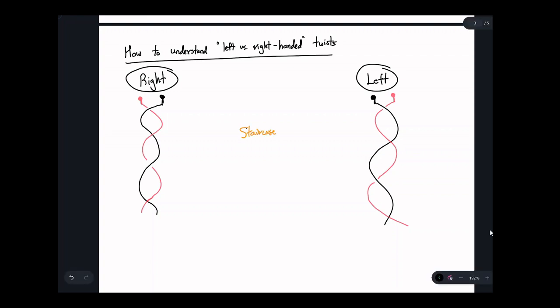So the idea here is on this right-handed helix, you can see that on top of the black is going on top of the red, and then behind, and then on top, and then behind. Here, on top, behind, on top, behind. So